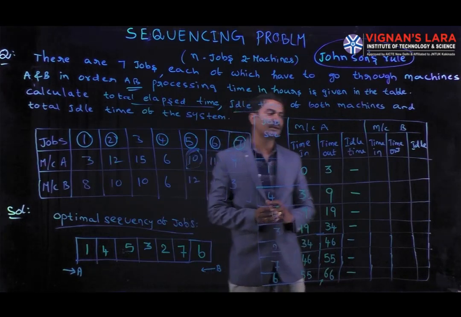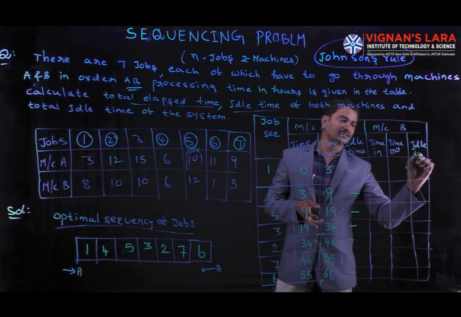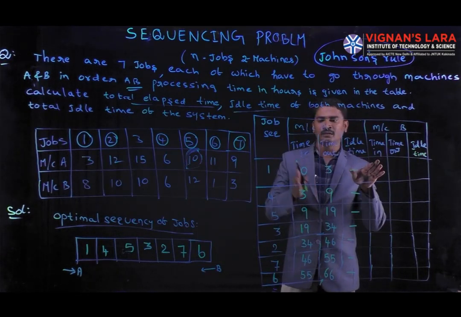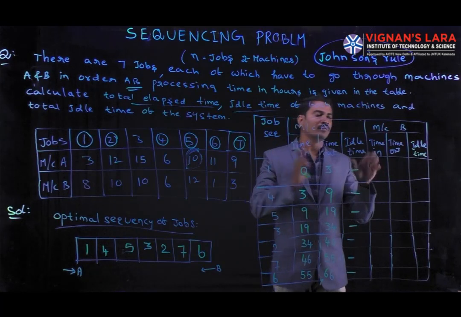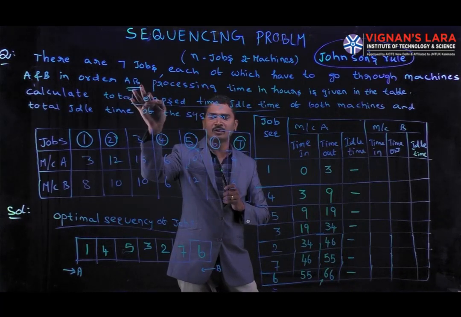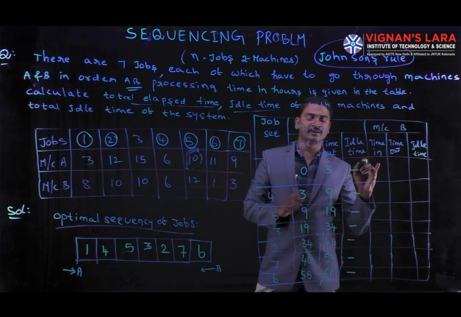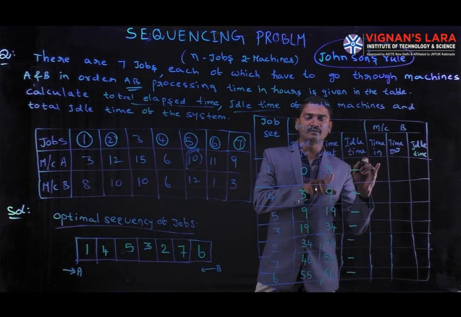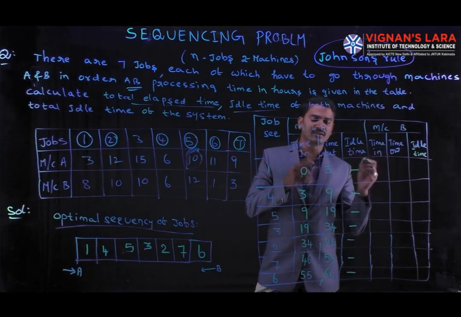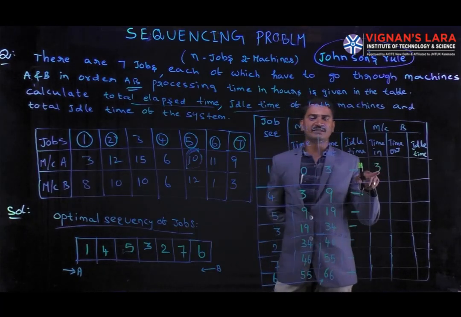Now coming to the second machine. Here we are going to calculate time in, time out and idle time for this machine also. After completion of Machine A we come to Machine B, because here they are given A, B processing. When we start the first job on Machine B, up to 3 hours Machine A is working, so up to that time we wait. After that we start the work. So the timing is 3rd. At the 3rd hour we start Machine B.